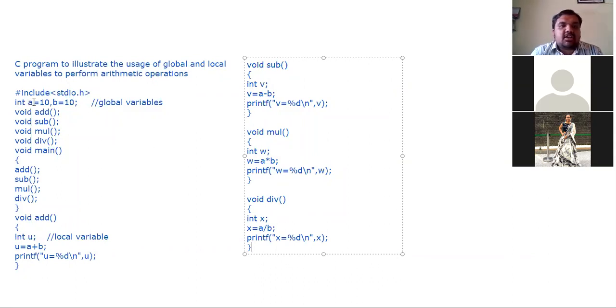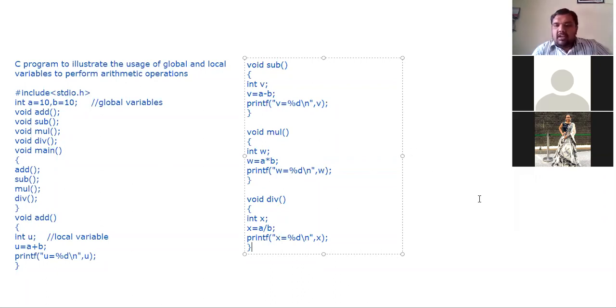So here a is equal to 10 and b is equal to 10 are global variables. That means I can use these two values throughout the program. Once the program is executed, the output will be 20, 0, 100 and 1. So this is your program.